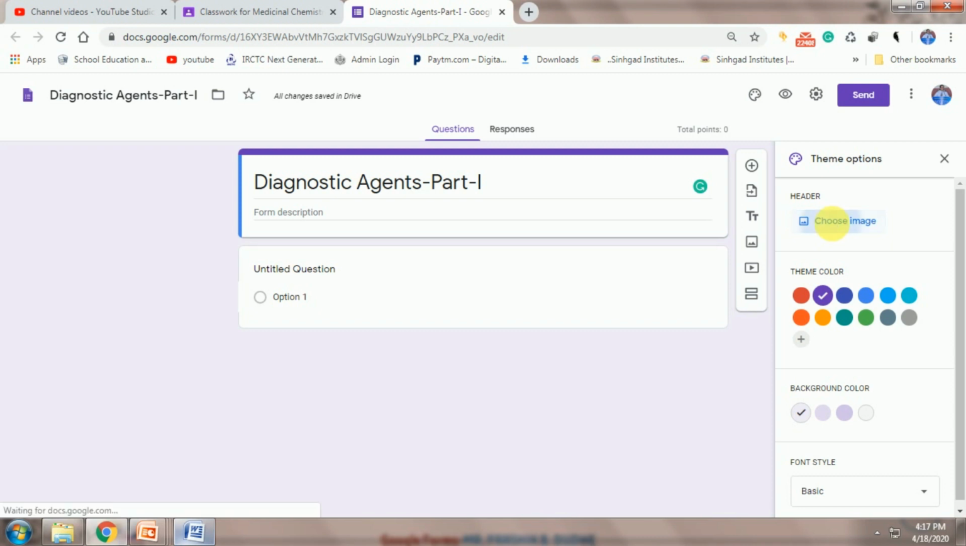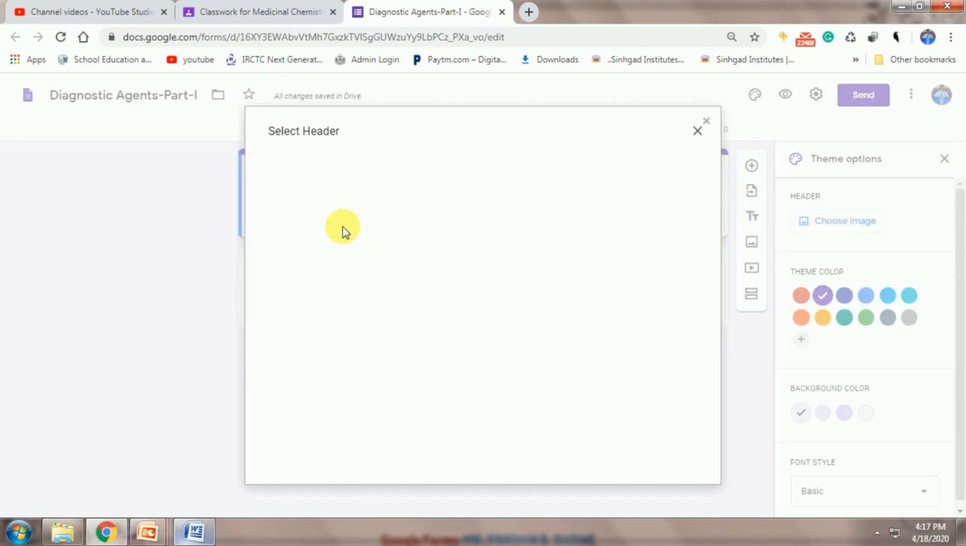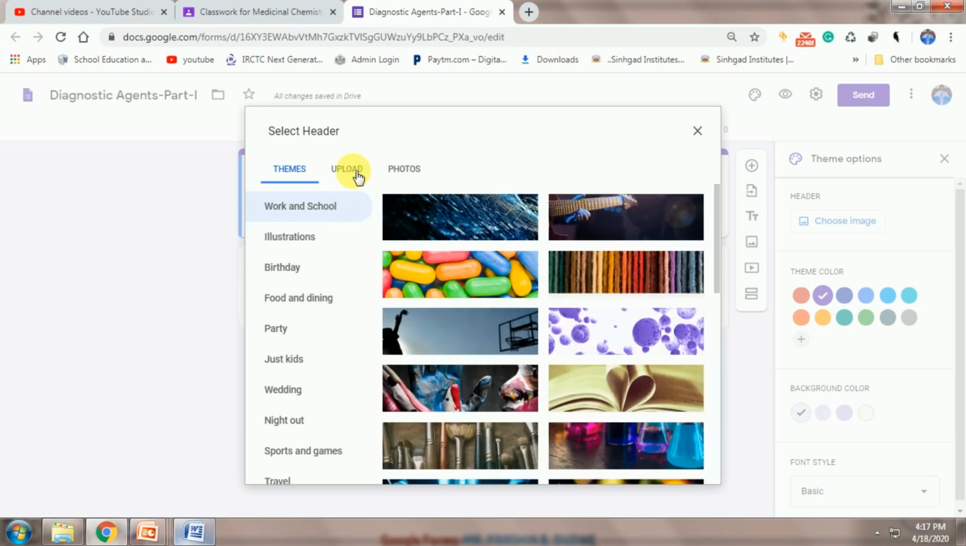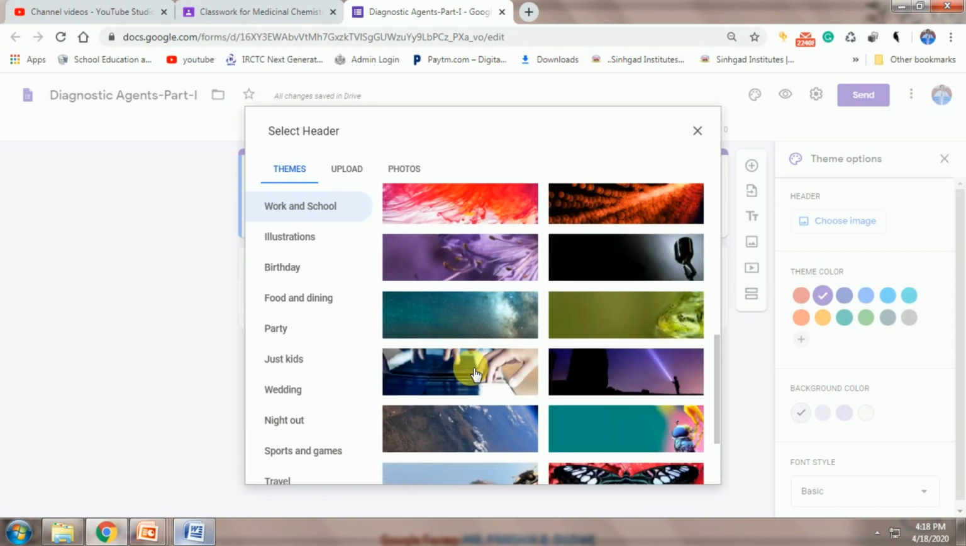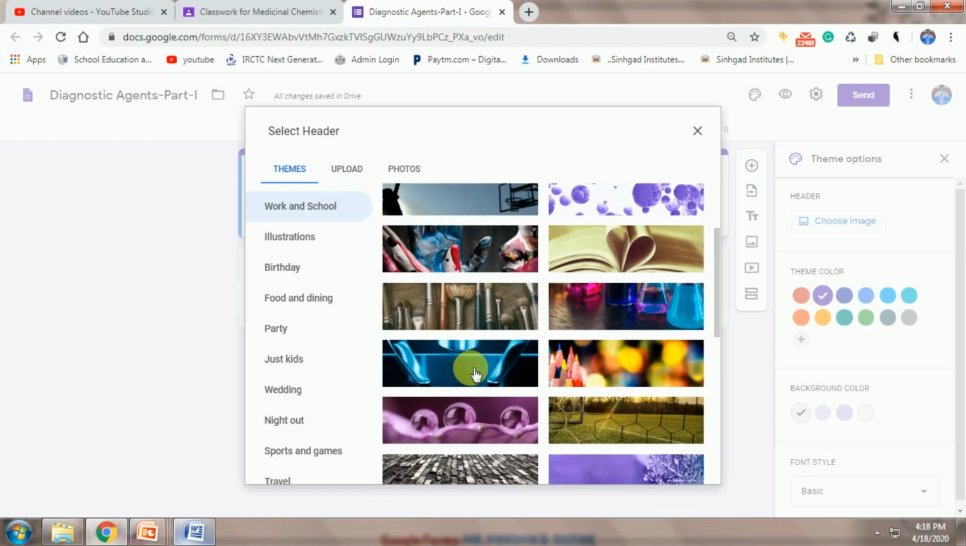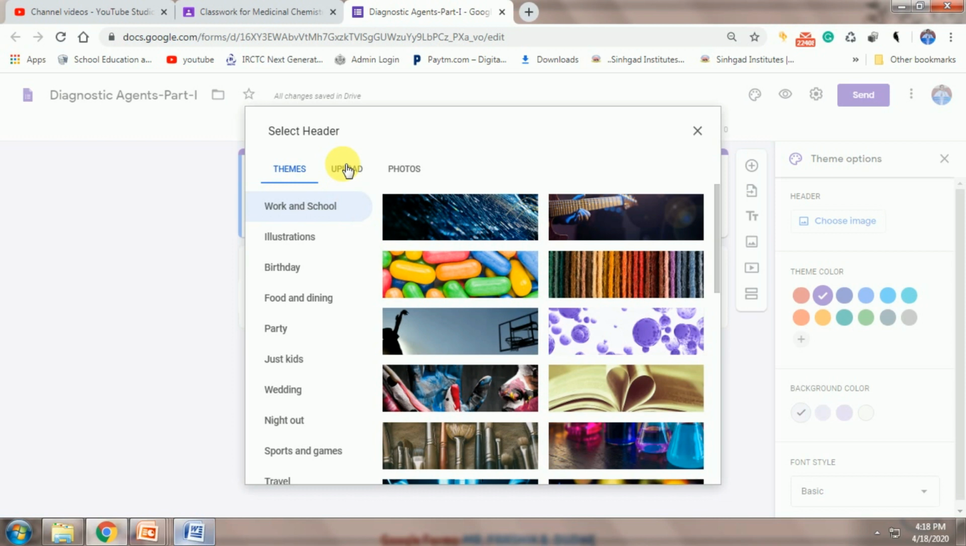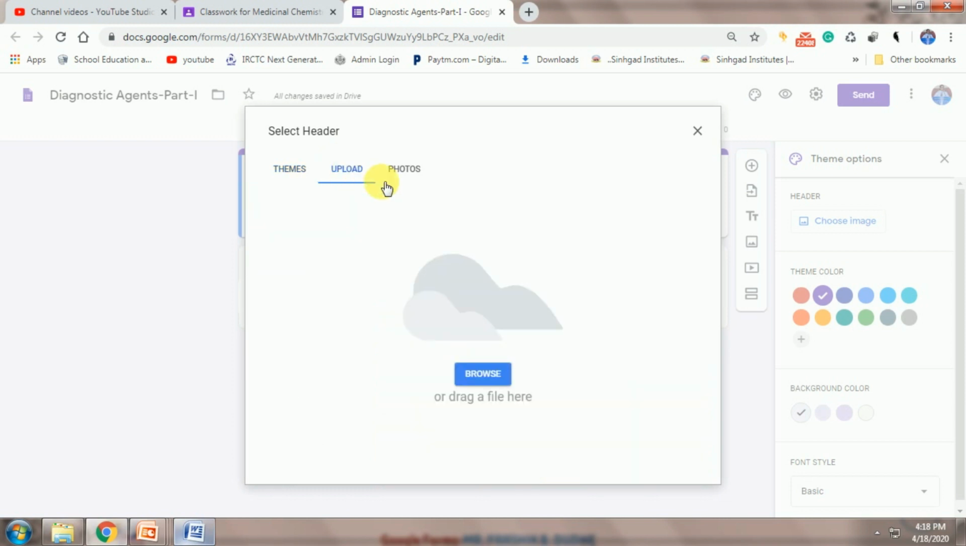After selecting the choose image option, you can either select the themes which are available with Google and use that, or you can also create your own heading. I will show you how to create that also. So directly you can upload the